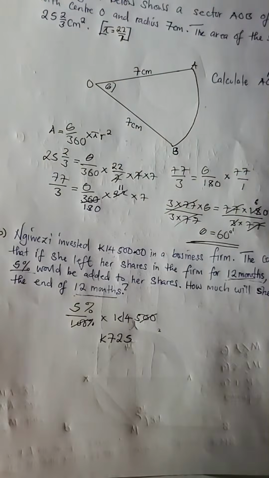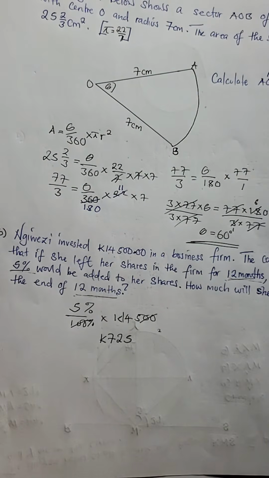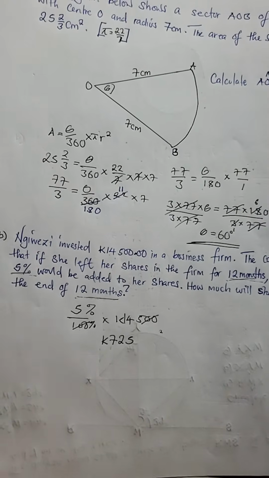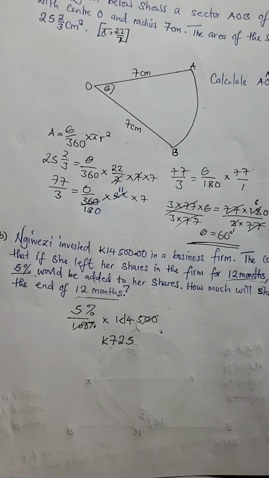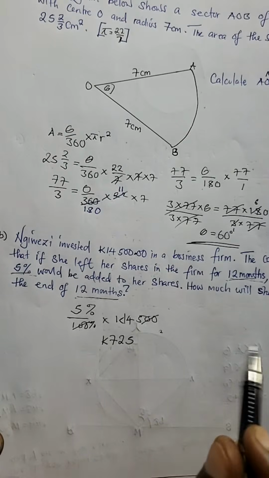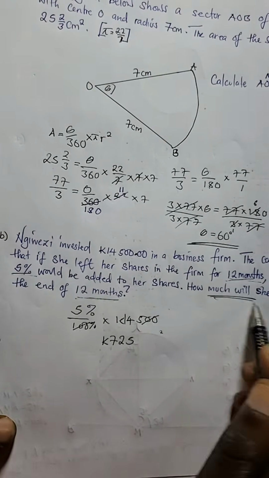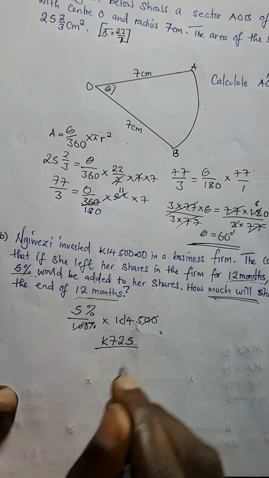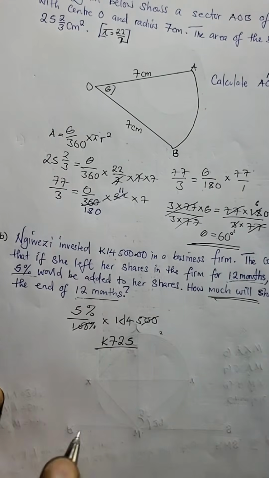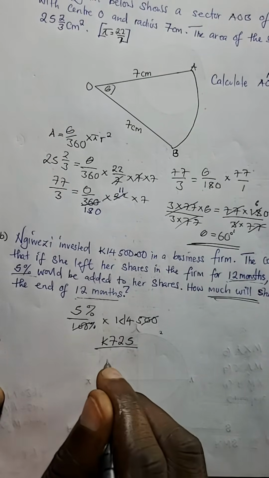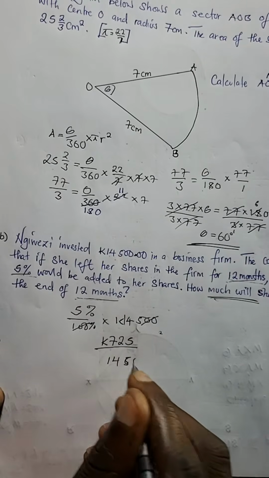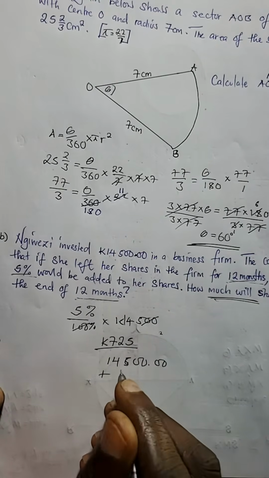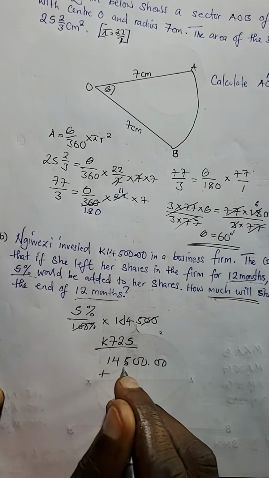This is the 5%. Now we are asked to calculate the total amount, so we need to add. This is the 5%. Now what is the actual amount? We are going to add 14,500 plus this, the 5%, which is